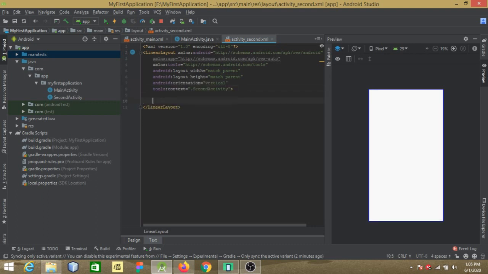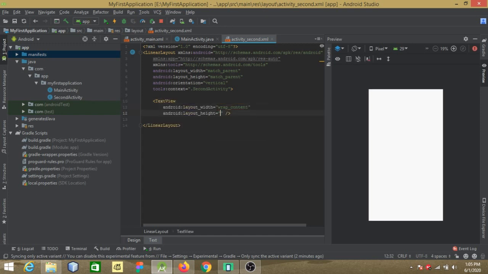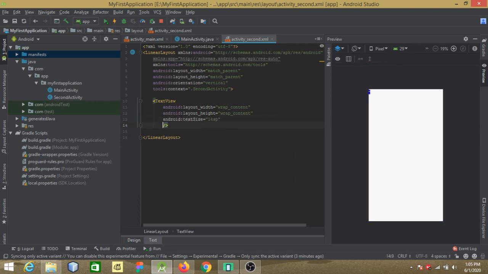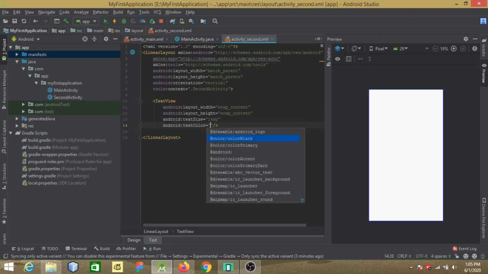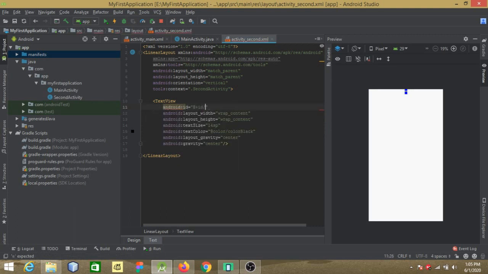I'll just assign a text view here, match parent, wrap content. I'll not assign any text here because it will automatically show the text from the previous activity. So I'll just assign text size 14 sp, text color black, gravity we'll assign it center, and we'll give an ID to the text view. Text view second